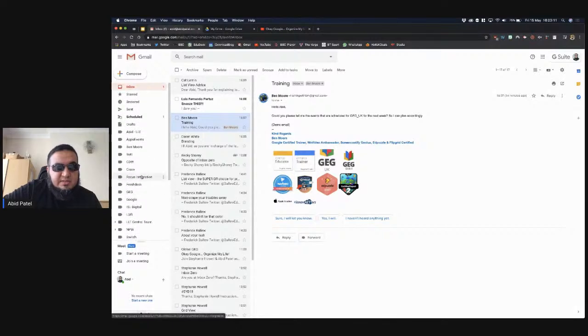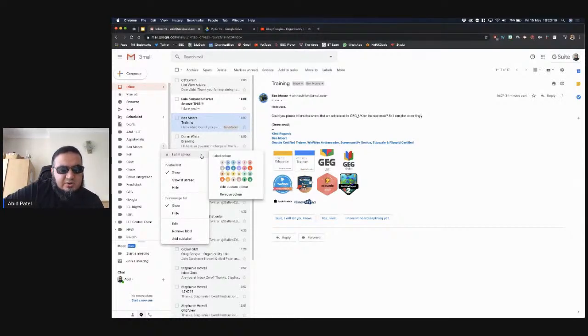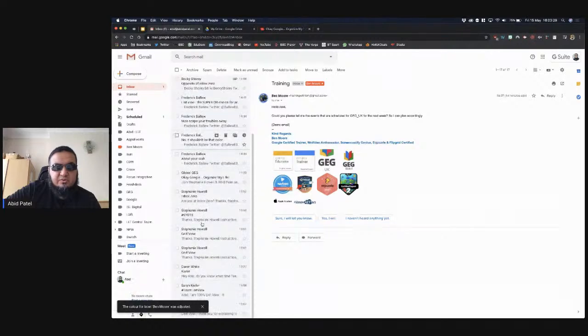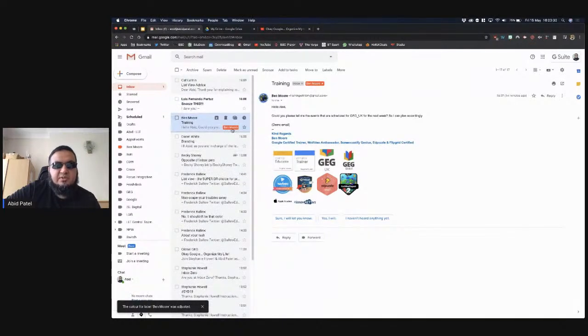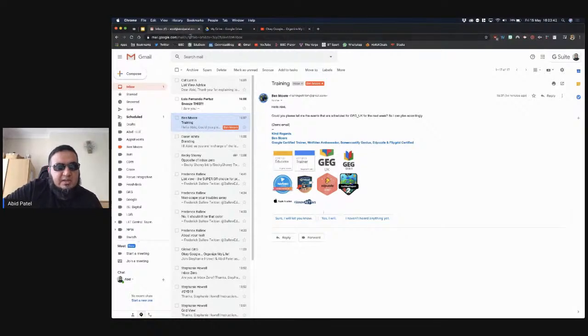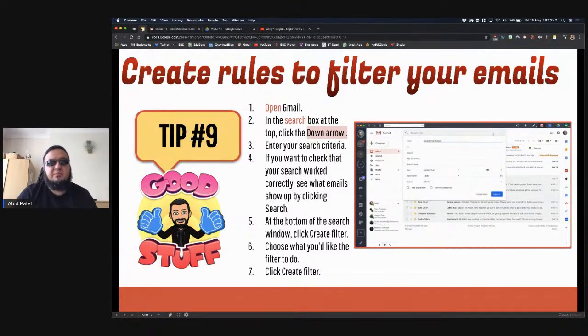What I can also do is I can say that I want these labels, I want to be able to see them quick and easily. So all I have to do is click on the label, and I can set it a nice bright color. So if I say red, you can see now straight away, I can see in my email, without having to go through all of my email, there's a bright red label there with Ben that I can see quite easily. And you can do that with all of your labels. You can go through and you can assign them a nice color. And that's labels. Now, next up, we've got filters and creating rules to filter your emails.